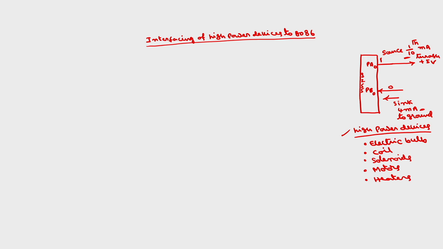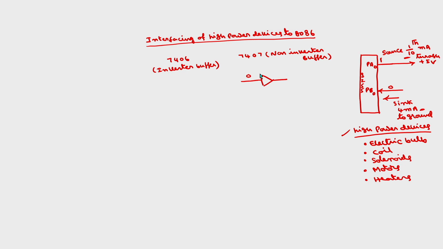If I take a simple buffer, there are two ICs, the IC buffers 7406 and 7407. This is a non-inverting buffer, whereas this is an inverting buffer. The symbol for this non-inverting buffer is this.